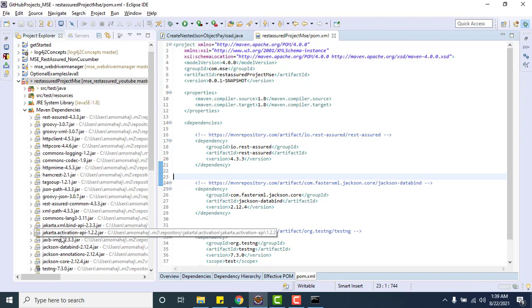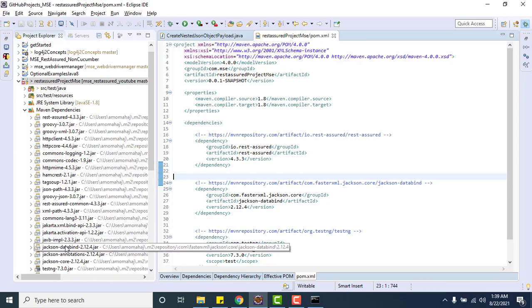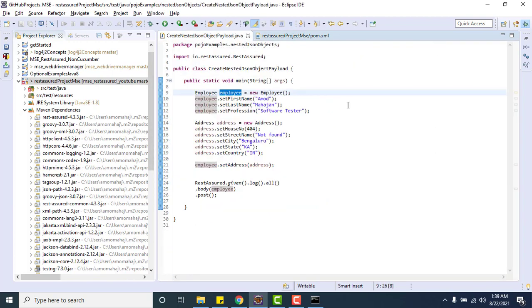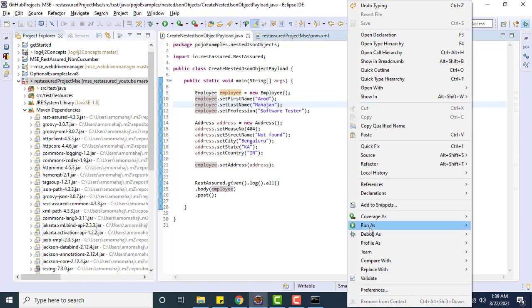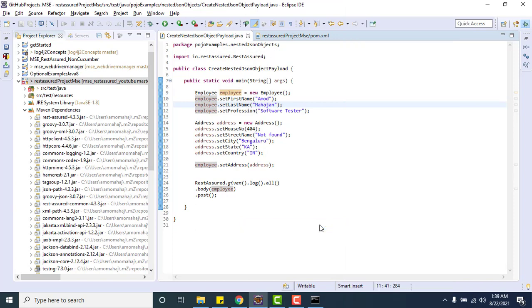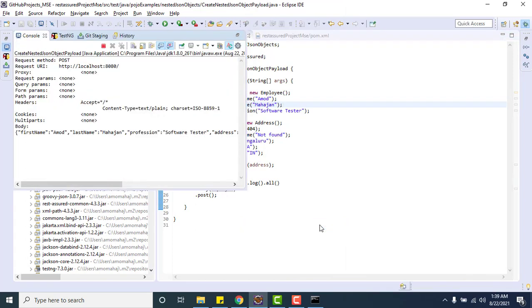You can see Jackson data bind, Jackson annotation, Jackson core, all the same version, got added. Now if I re-execute this, it will automatically convert the Java object to JSON object. We can see it is converting, there is no error.